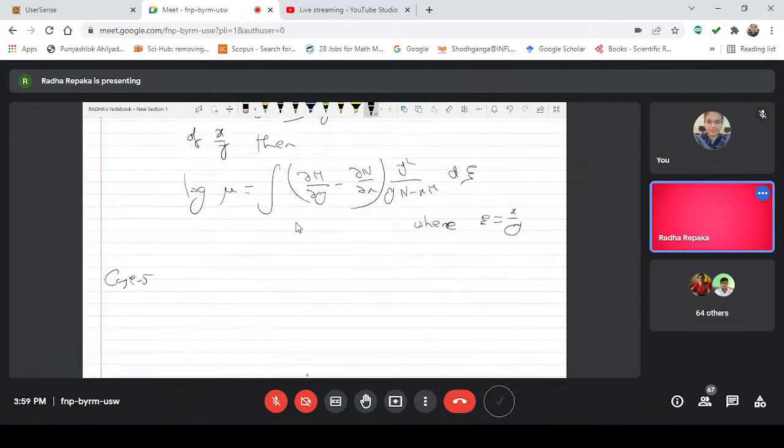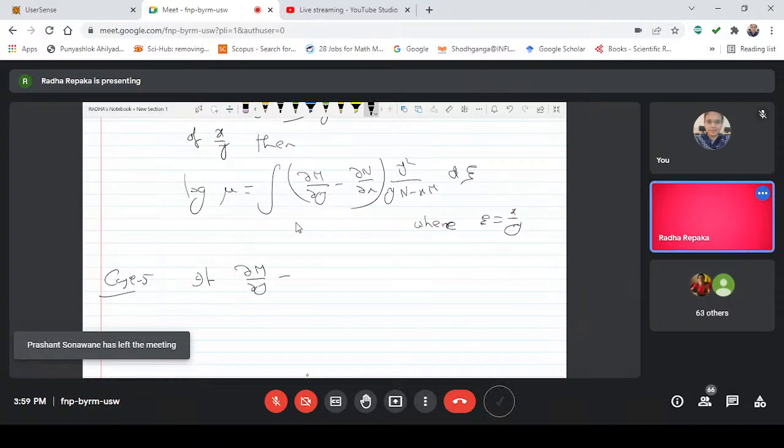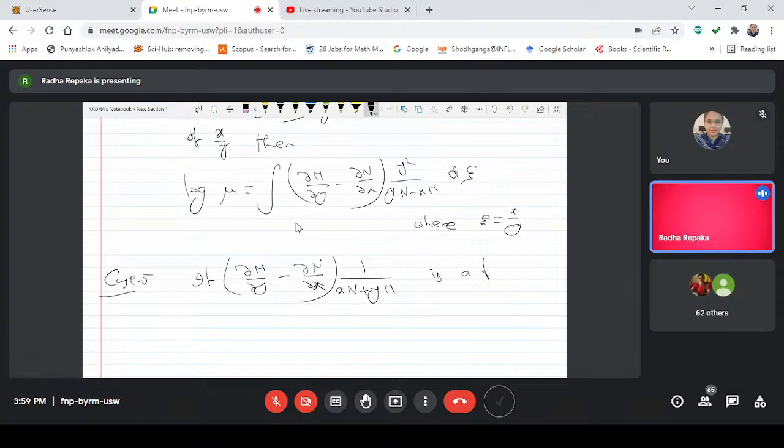Case 5, this is the last case that I would like to give you. If (dm/dy − dn/dx) divided by (x·n + y·m) is a function of x² − y², then